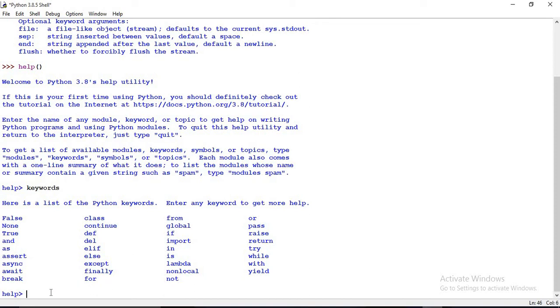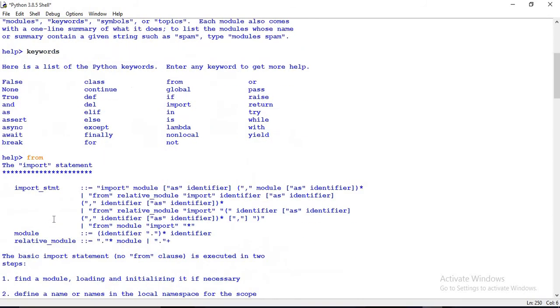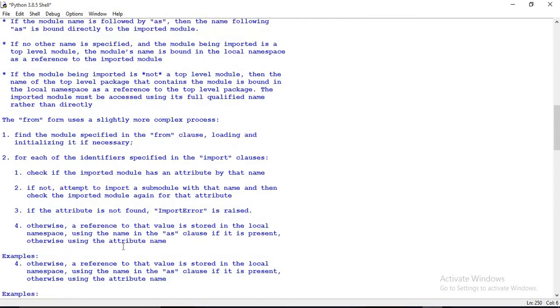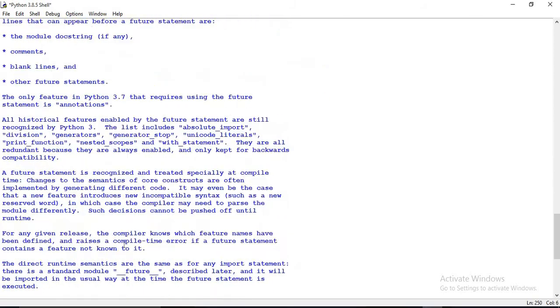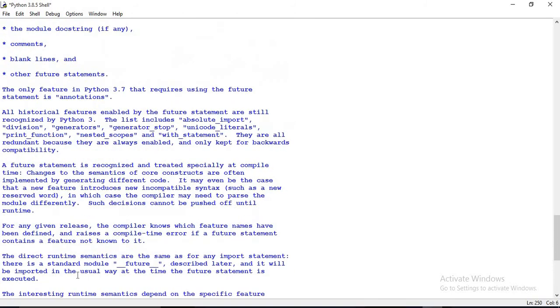Just copy from here and paste it here, and see, this provides the text documentation of the from keyword. Import from, this is the import statement, basic module, all this documentation you will know from here only.